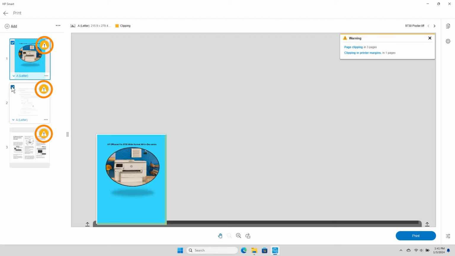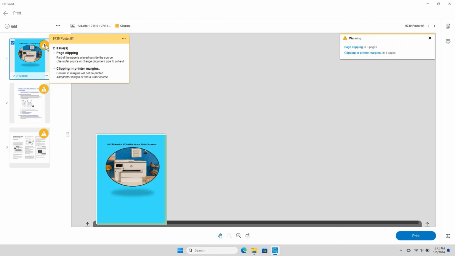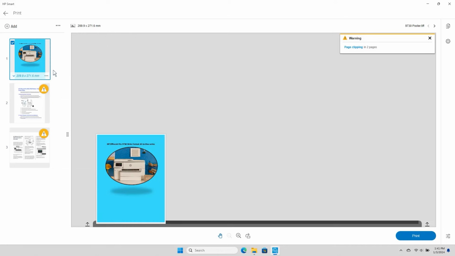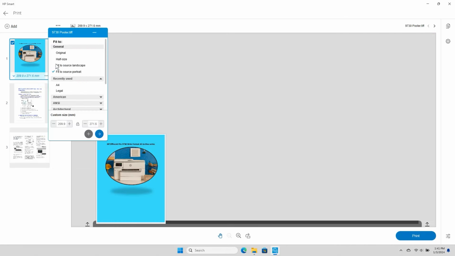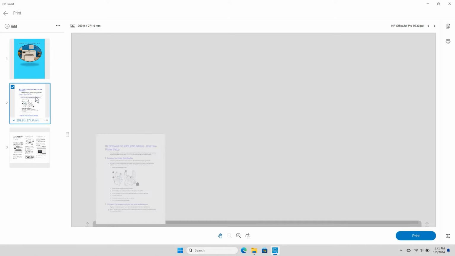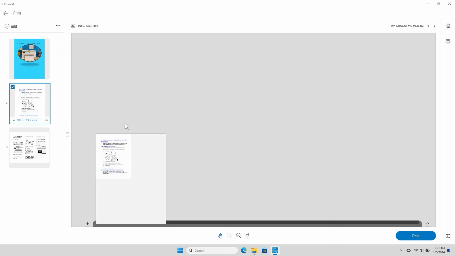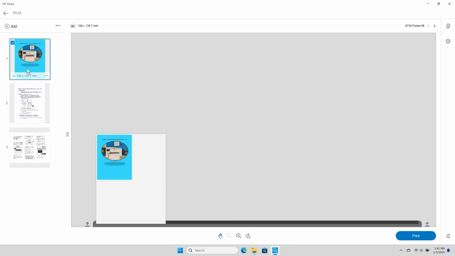A warning sign next to a file indicates that the automatic PDF error check detected an issue with that file. Click the warning message to see all potential issues and suggestions for how to resolve the error. To resize a file, select the File Image drop-down settings and then select your desired size from the list. Select the Rotate icon on the bottom to rotate the images 90 degrees at a time.